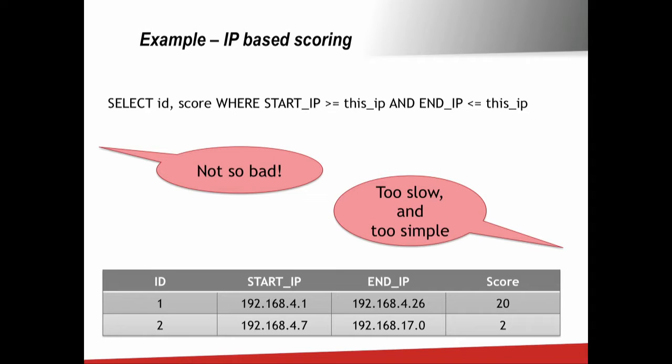Now, if you were doing this in SQL, what you might do is a table that looks about like this. Each individual piece of information, each fraud score for an IP address range, may be represented in a table that looks kind of like this. I have a start IP, an end IP address, an ID of an individual piece, an individual score, and then the score itself. That's how it would look in a SQL system.